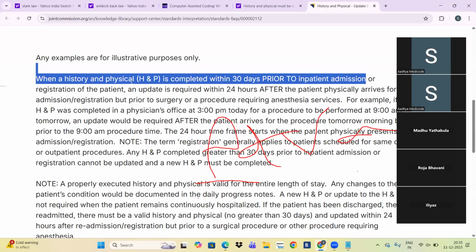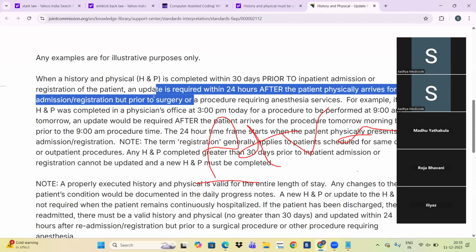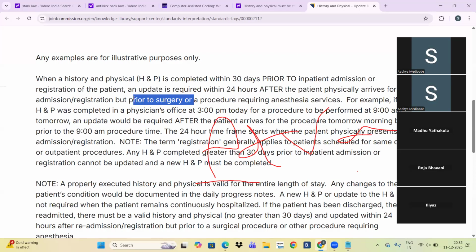It is valid. Or it can be done after admission, within 24 hours of admission, and that also prior to surgery. Before going to any surgery, ambulatory surgery, any surgery, what is the minimum documentation they need? History and physical, patient history and physical status are compulsory, because the patient may have any diabetic complication or hypertension or any surgical complication related to the particular procedure. The patient history is compulsory before going to surgery, and the current physical status also.